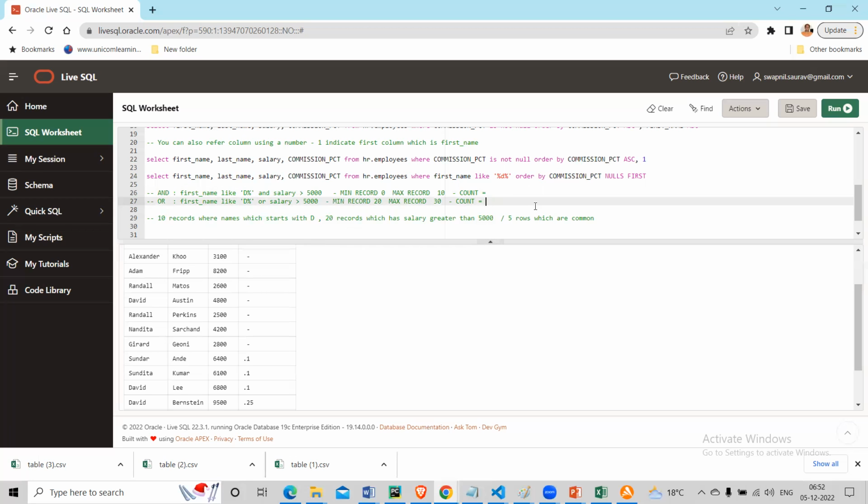In the first one, we'll get 5 records, correct. Because AND always talks about what is common between them, where both conditions are true, right? So you get only 5 there, correct. And in OR,